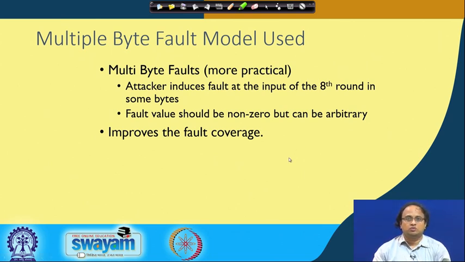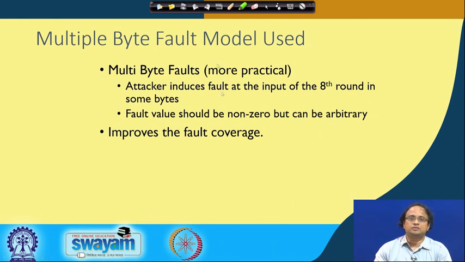Okay. So, what is the advantage of doing a fault analysis based on that? It improves the fault coverage, because when we are trying to induce a fault, if we can develop a fault attack strategy which can exploit all possible types of faults, then we have more and more coverage. Of course, as we will see, we are not able to get 100% fault coverage, but nonetheless we will try to extend the fault coverage of our existing fault analysis.